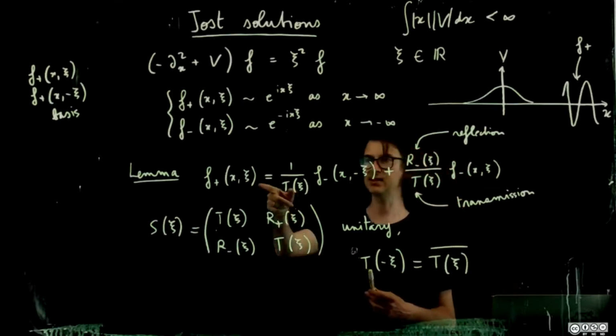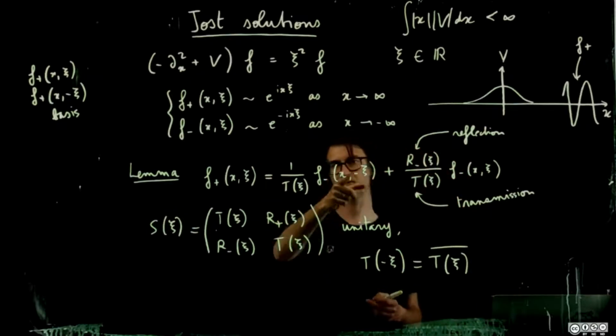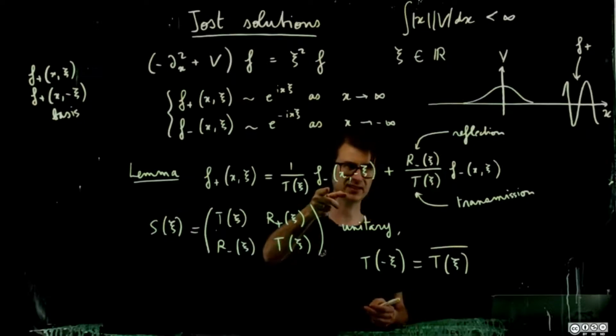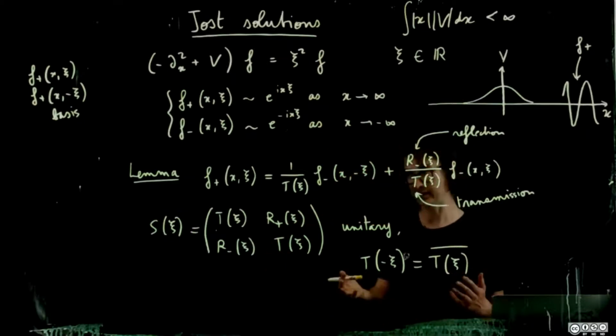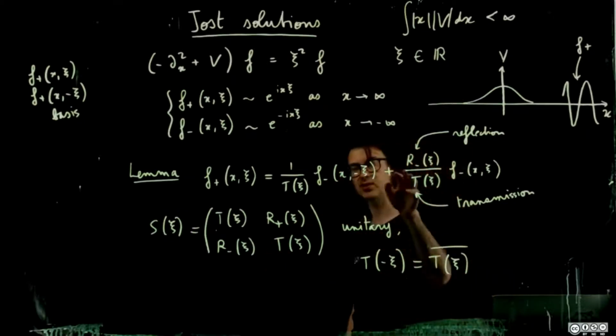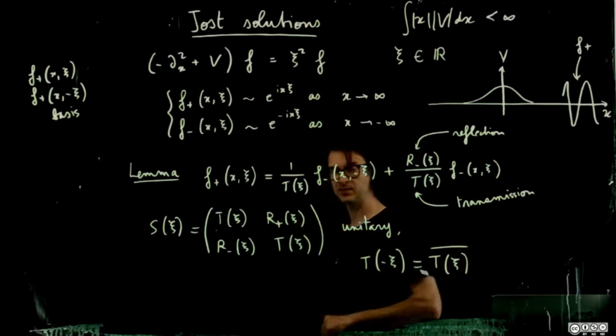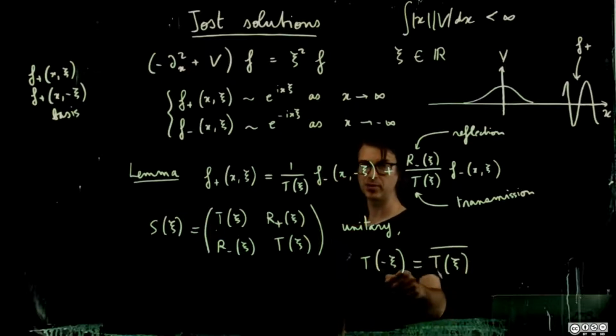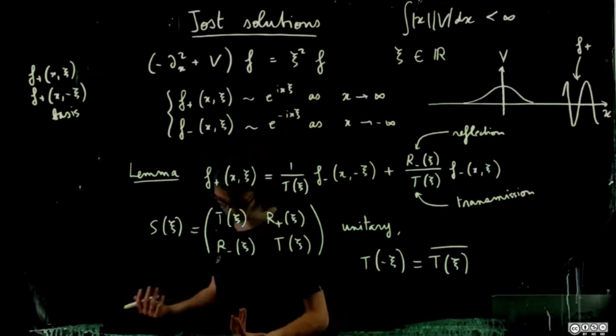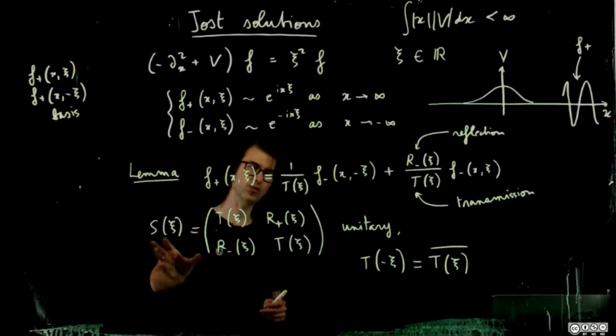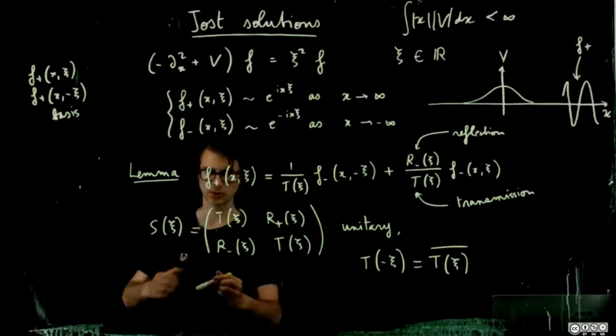Right, so the fact that this equality holds is just due to the fact that f minus of x, xi and f minus of x, minus xi is a basis, okay? So what's important is this relation on the coefficients. First, the unitarity of this matrix, and then these things about bar. But this can essentially all be shown, so proof,